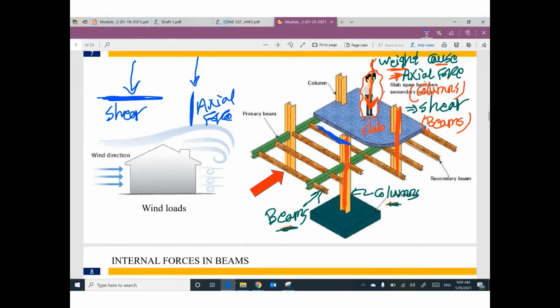If this force has a distance, it will cause moment. So right now, you are standing in your building. Believe me, you are causing axial force in one part and shearing force in another part, and bending moment probably in both of them. One more question.